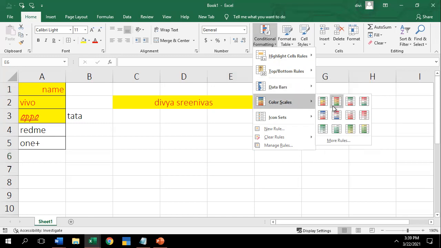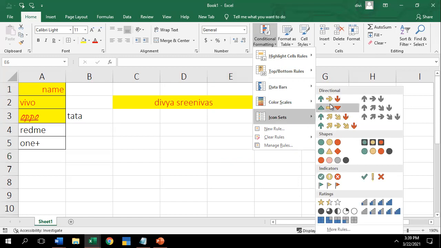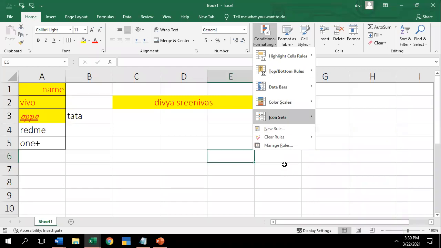Then you have Color Scales, where values are highlighted according to the color. Next, Icon Sets: according to your conditions, the values can be presented by icons.